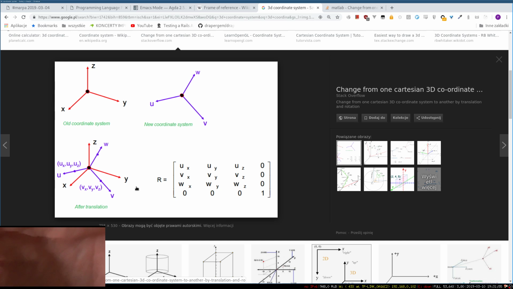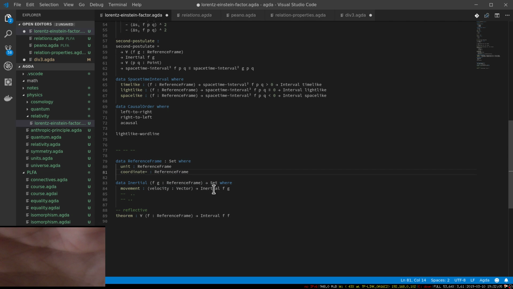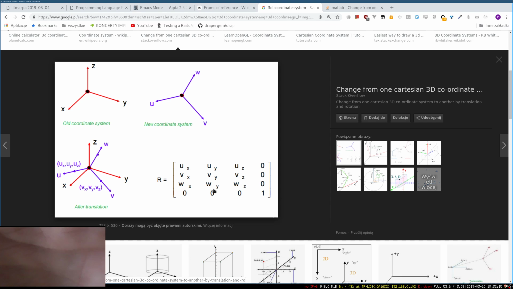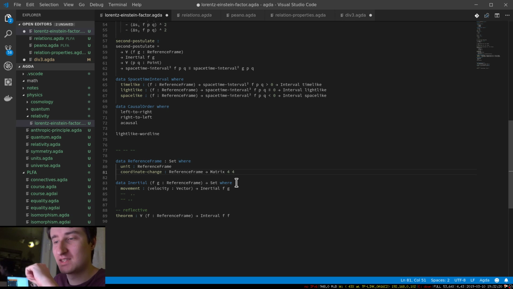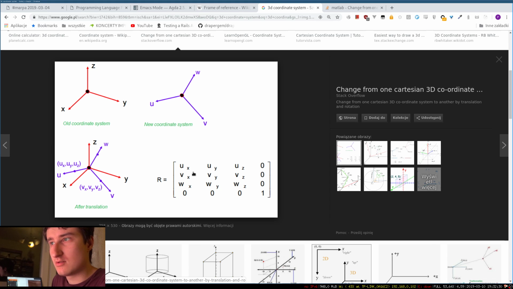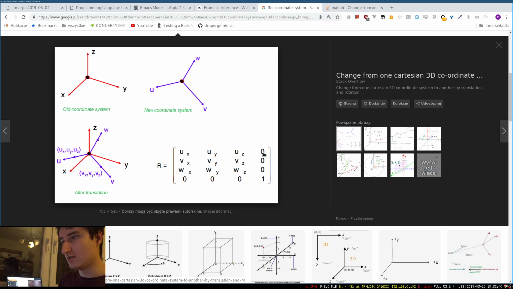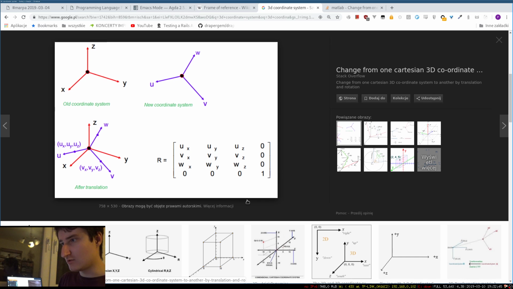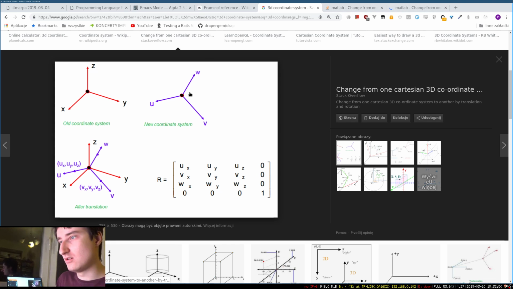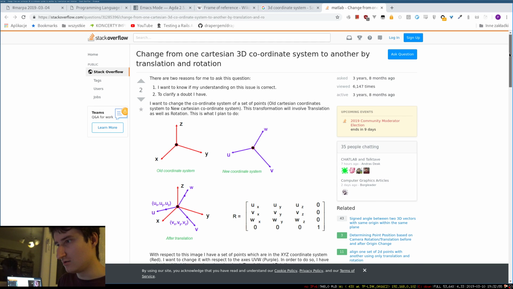From one coordinate system to another, old coordinate to new. So, coordinate change. Given a reference frame, we change these coordinates by getting a matrix of 4 by 4 of rationals, I guess. Is that just for rotation? Yes. Although for translation, I suppose this column and this row would be something else. And as far as I can remember, a 4 by 4 matrix is enough for a change of